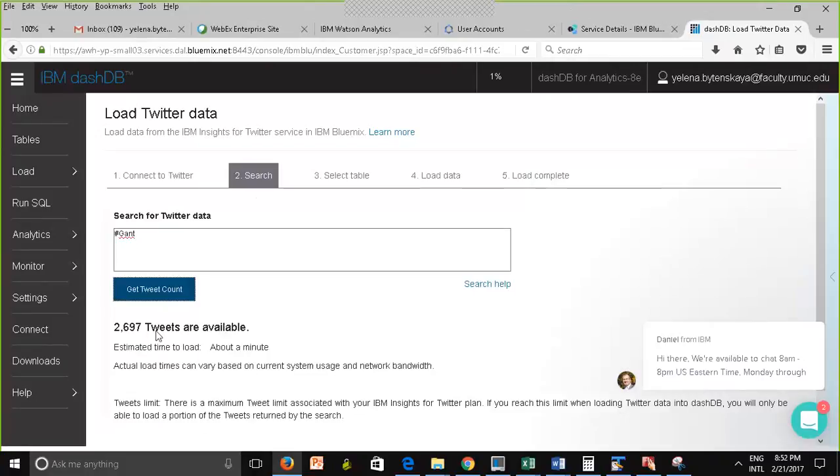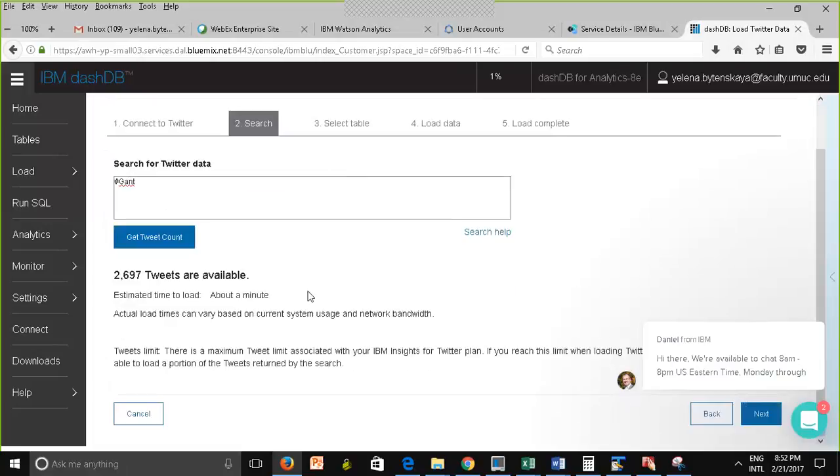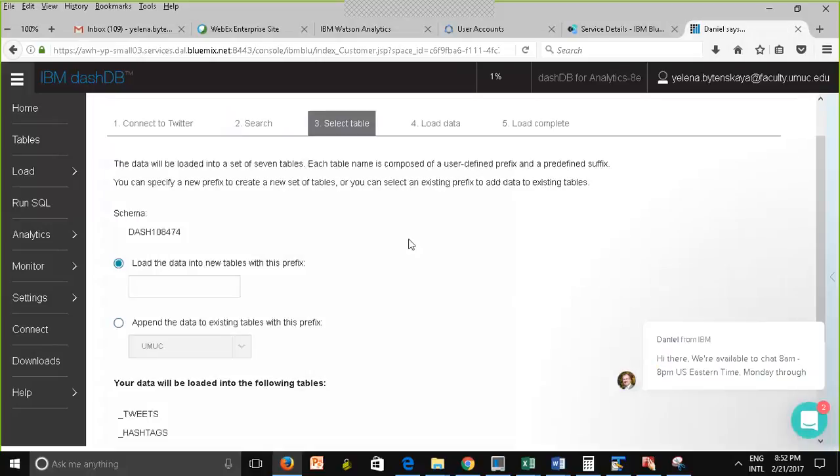Because if it was returning hundreds, thousands of tweets, well, we have to keep in mind that the time it takes to load the data depends on our internet connection speed. But it's not bad. And now what I have to do is hit next if I'm satisfied with this tweet count. All right, something very important.